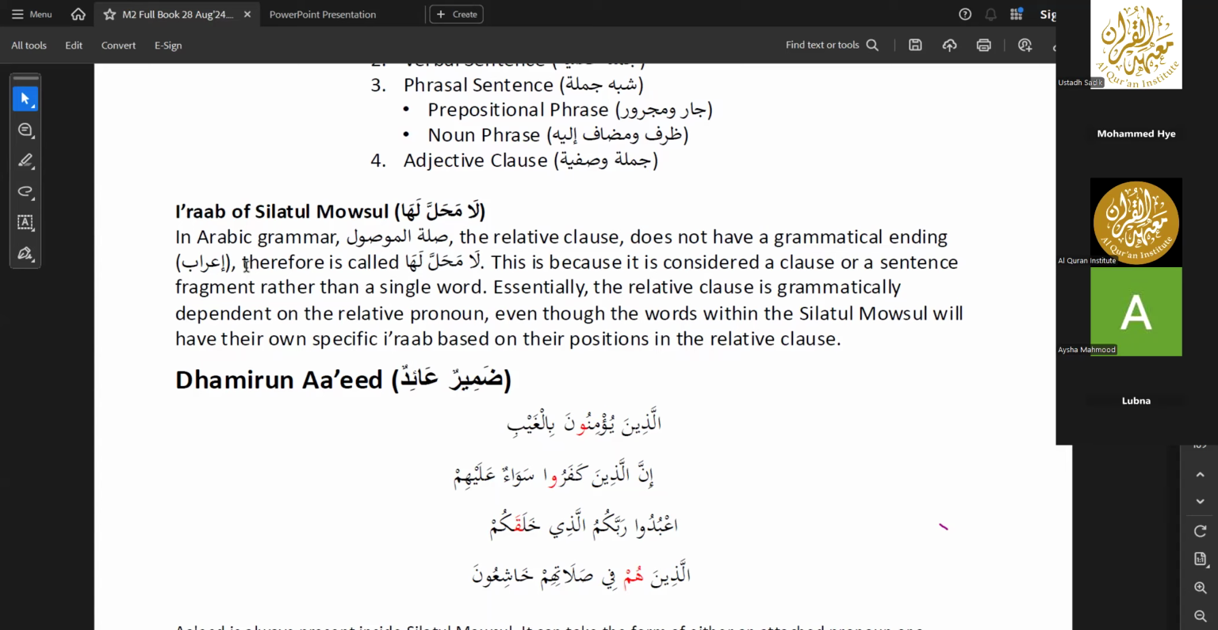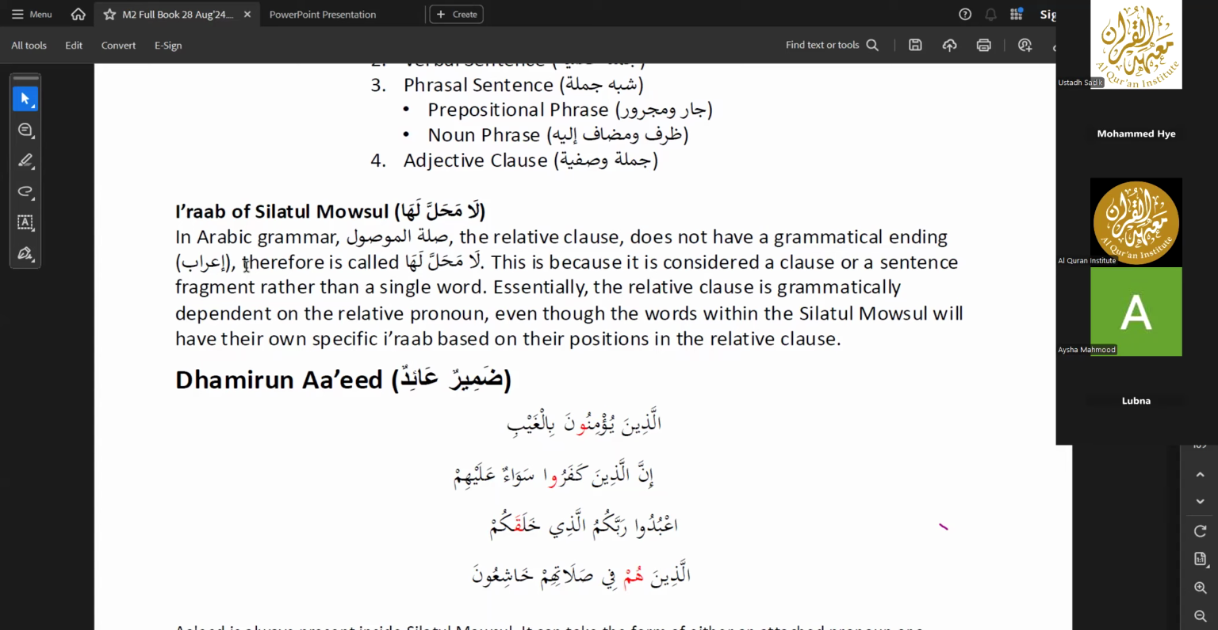cannot be mabni. It can have various details and information. It can have one full Jumlatul Ismiya within it, one full Jumlatul Fi'liya, or one Jumlatul Ismiya and then one Jumlatul Fi'liya, maybe another jumla. It can be quite long, but by meaning they are connected. The whole structure of Silatul Mawsul follows this grammatical rule: